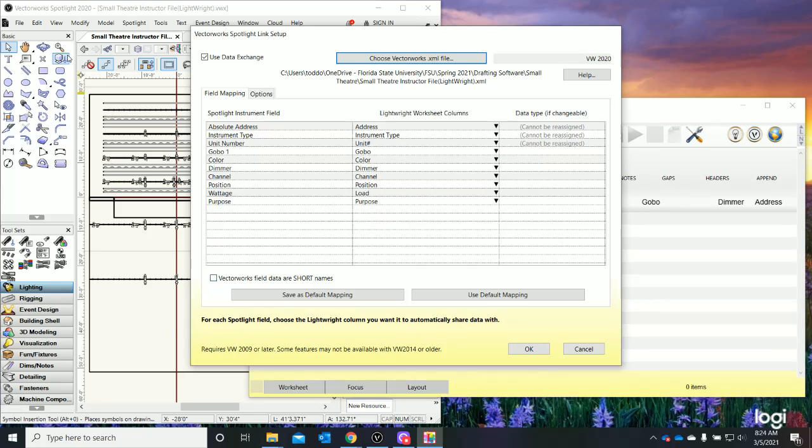Open. And you'll see that it gives you these matching fields. And we shouldn't have to do anything to them. Address is to address, instrument type to instrument type, unit number to unit number. These are the Spotlight information fields, and this is the Lightwright columns. So we're just going to leave all of this alone. Everything is good. And if I say OK,